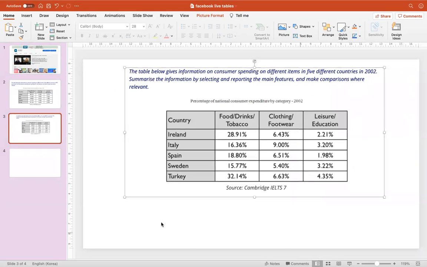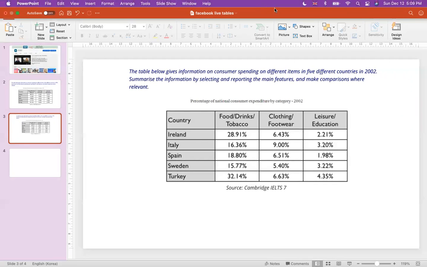Probably the exception to this would be the line graph. Sometimes you may have a line graph. Obviously, that involves different language and a different style, and also maps. You may have a map that you need to analyze. Again, that would involve probably a different kind of language and style. But in terms of graphs and charts, line graph, pie chart, and a chart like this, a table, they're very similar. So I'll go through it the way that I would